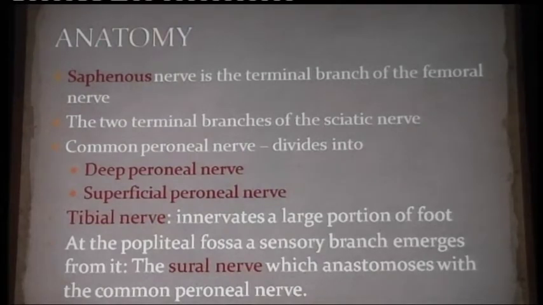Anatomy. Saphenous nerve is the terminal branch of the femoral nerve. The 2 terminal branches of the sciatic nerve: common peroneal, which divides into deep peroneal and superficial peroneal nerve, and the tibial nerve, which innervates a large portion of the foot. At the popliteal fossa, a sensory branch emerges from it, the sural nerve, which anastomoses with the common peroneal nerve